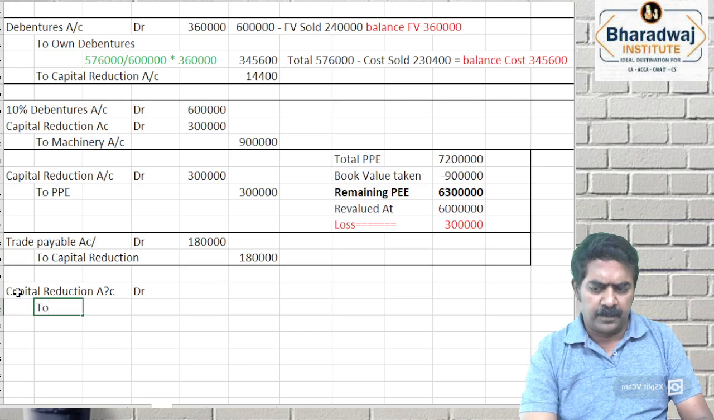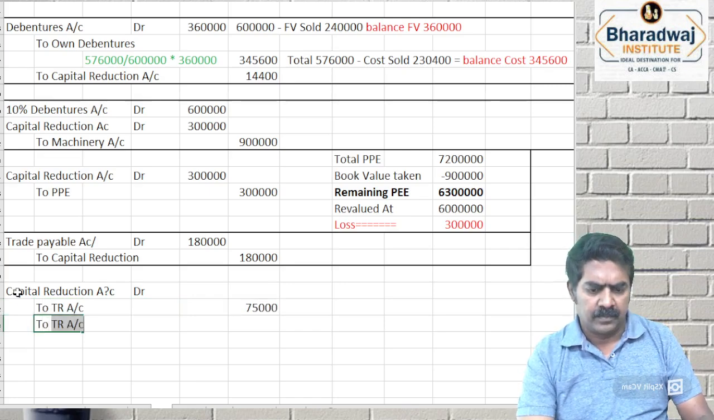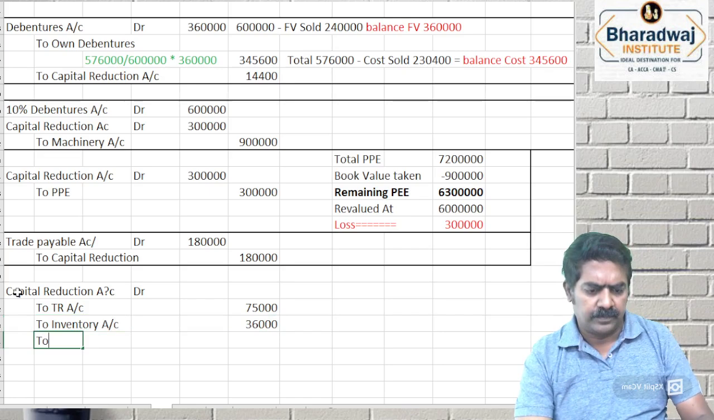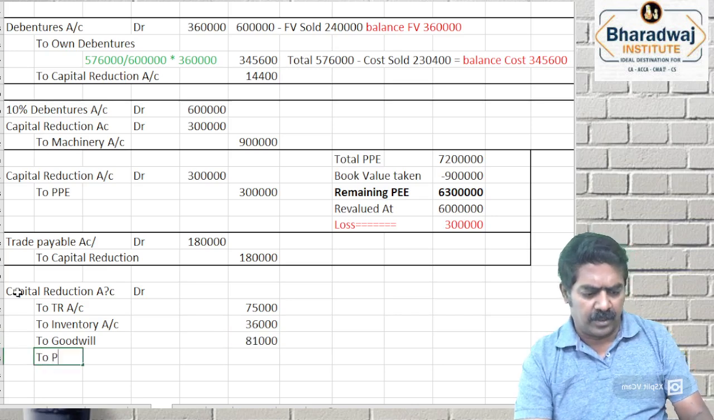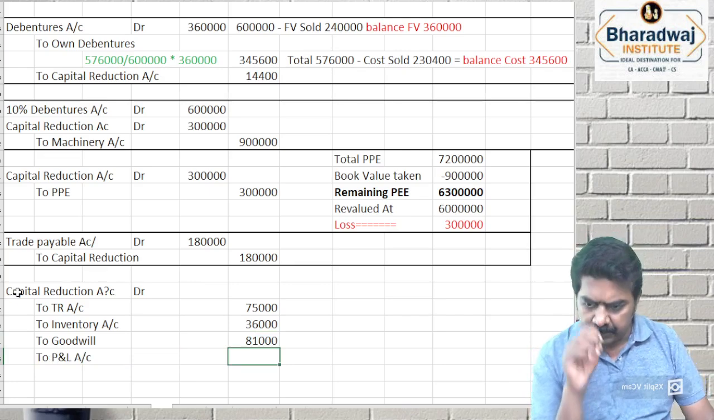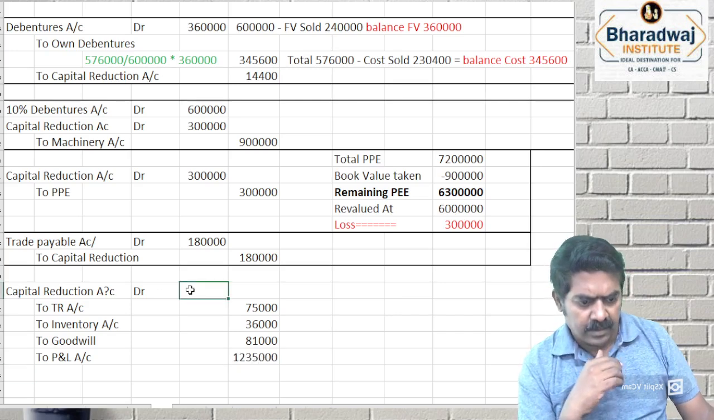என்ன assets write up பண்ணனும்? Trade receivable account. What is the difference? அப்புறம் inventory. Then goodwill. அப்புறம் compulsory P&L account eliminate பண்ணனும். How much P&L account you have to eliminate? Then